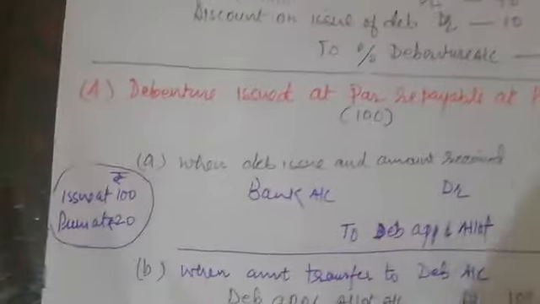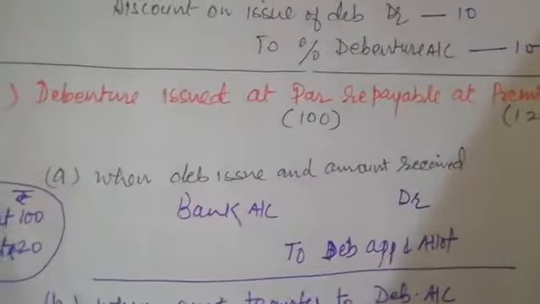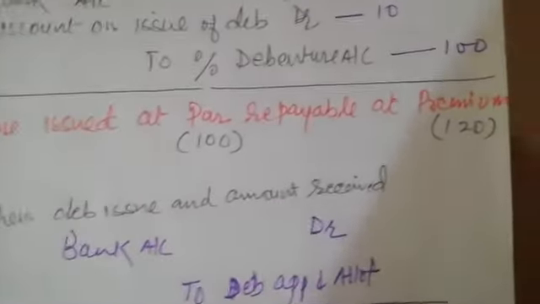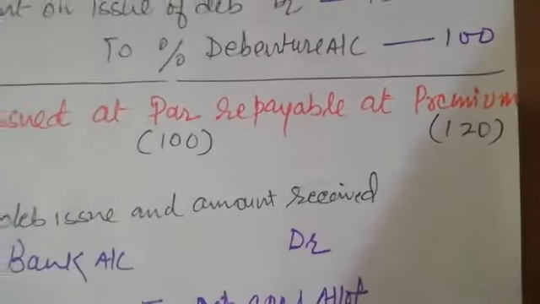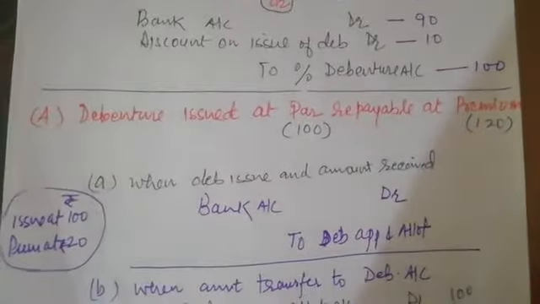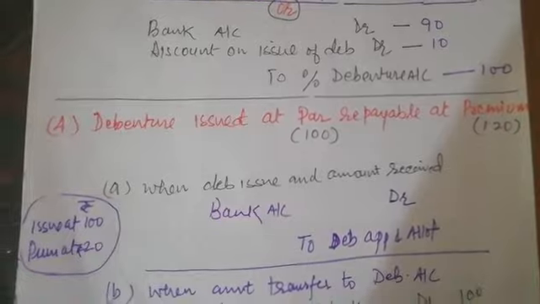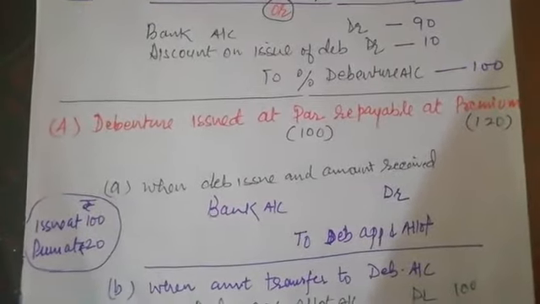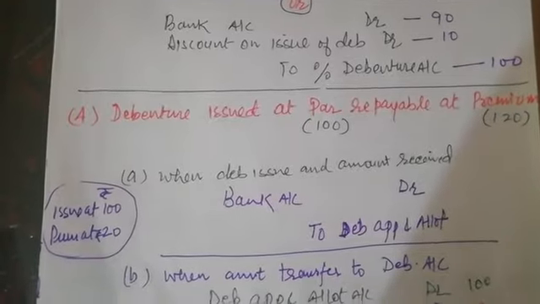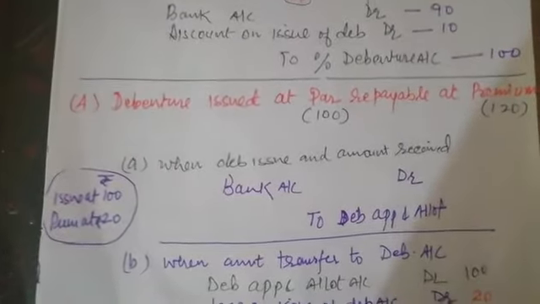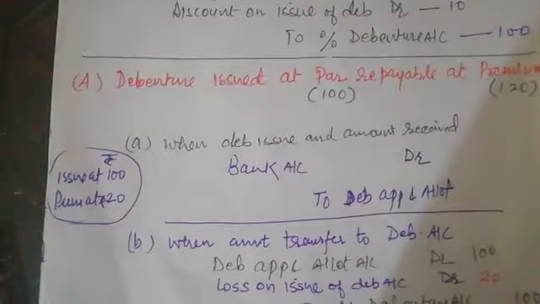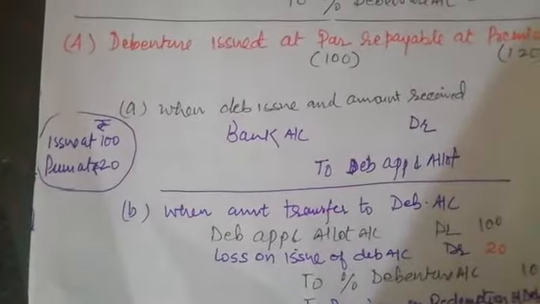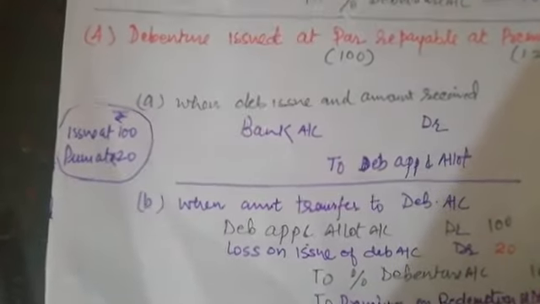After that we move to condition 4. The debenture issued at par and repayable at premium. It means the debenture is issued at face value, but at the time of redemption the company is going to pay more than the face value. This additional part is termed as premium, or transferred to the securities premium reserve account. So if we go with the two entries, the single and separate entries,